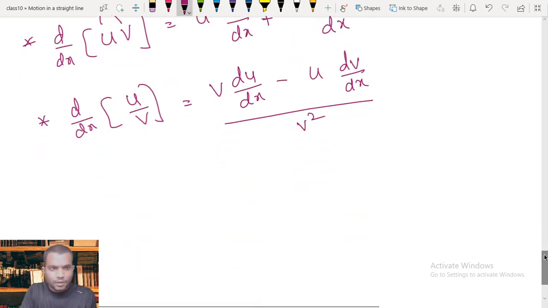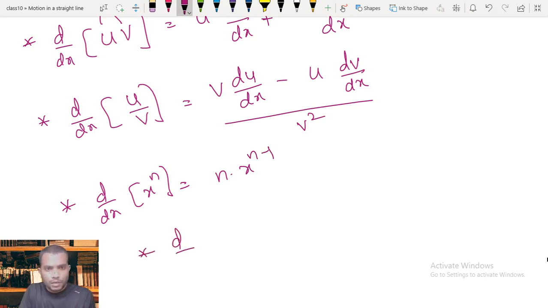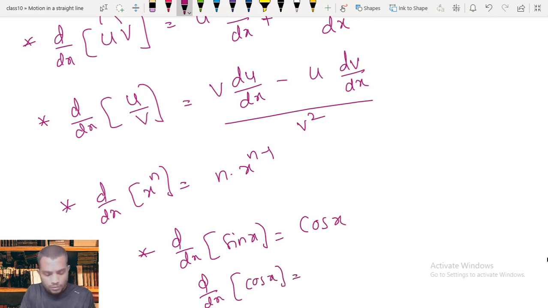Apart from that, there are very regular relations we can use. d by dx of x power n is equal to n into x power n minus 1, the differentiation of x power n. Now I would like to write some trigonometric functions. d by dx of sin x is equal to cos x, and d by dx of cos x is equal to minus sin x,